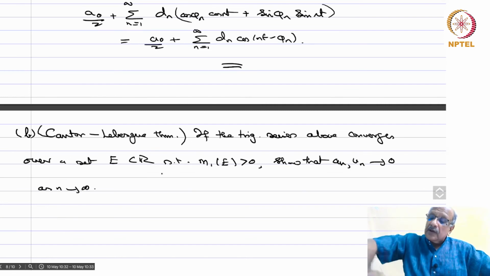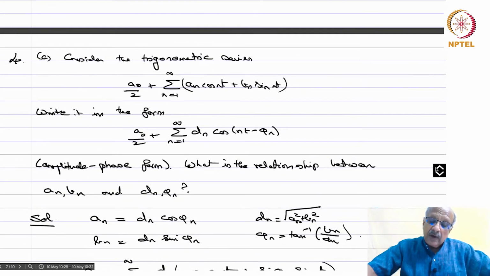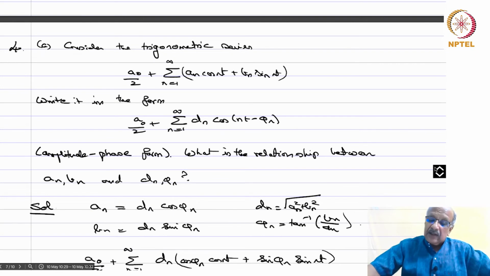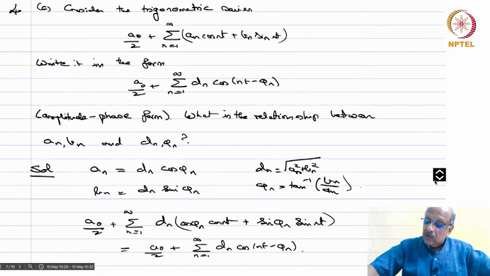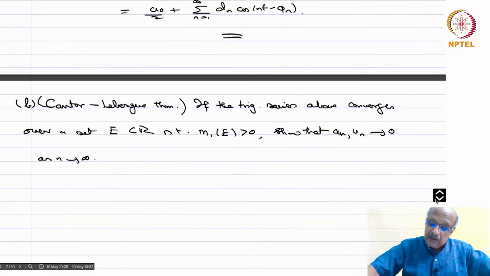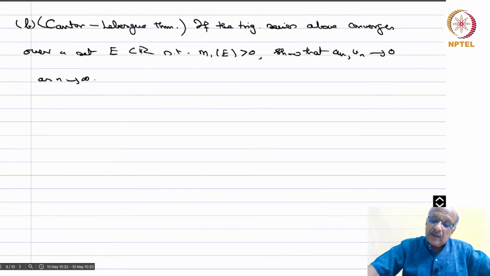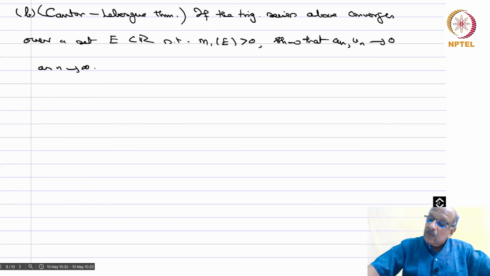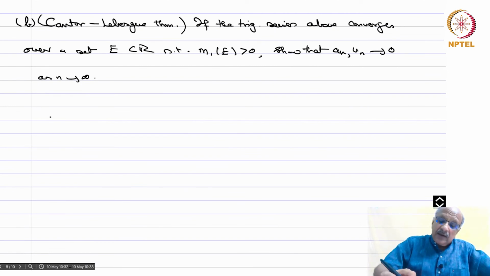So if you look at the trigonometric series, you have an cos nt plus bn sin nt. If the series converges, all you can say is an cos nt goes to 0 and bn sin nt goes to 0. But we want to show that an goes to 0 and bn goes to 0 individually. This is different from numerical series where the general term goes to 0; here it doesn't fully imply that. Okay, so with solution